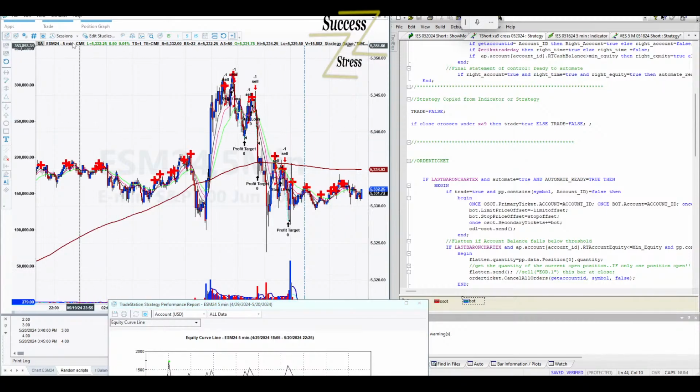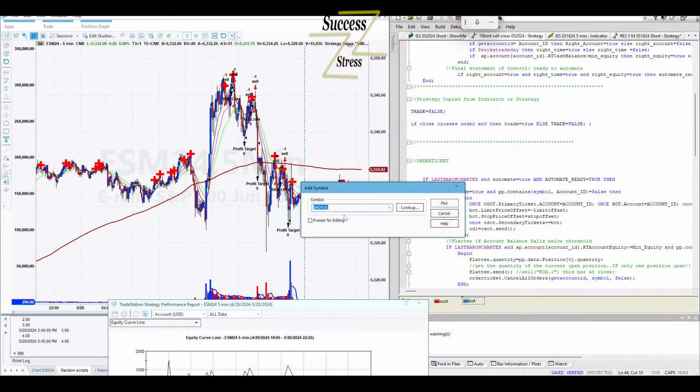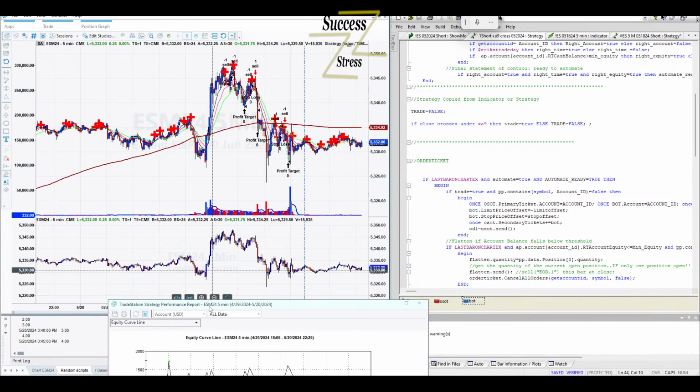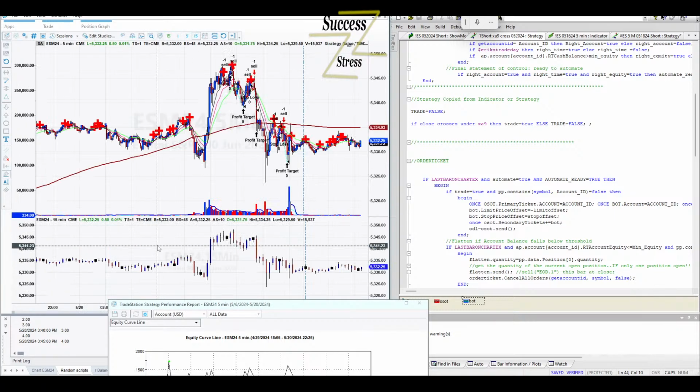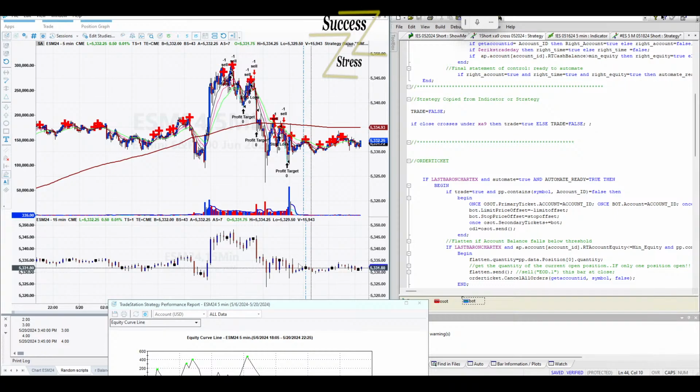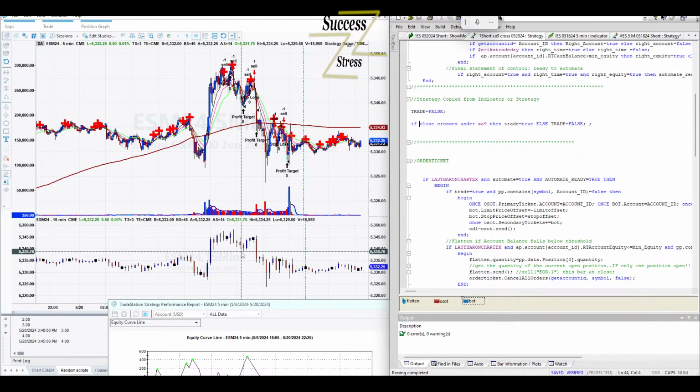Okay, so we're going to add a symbol on here. We're going to add ESM24 again, but this time it's going to be the 15 period time frame. Okay, so 15-minute time frame here, 5-minute time frame here. We're going to say that on the 15-minute time frame you have to be bearish. Okay, so if